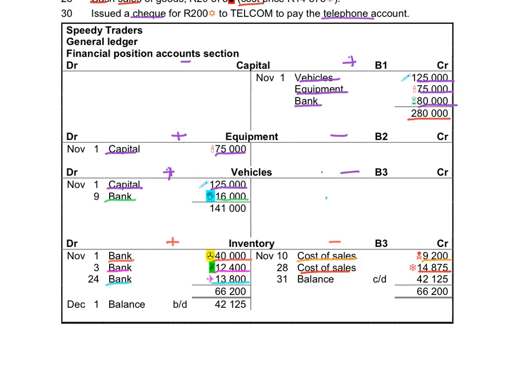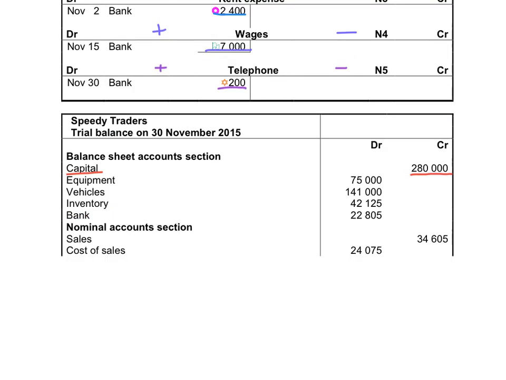Equipment only has one amount on the debit side, so that will automatically be our balance. Vehicles, there are two amounts, so we have to add them together to get the total amount for vehicles at the end of the month. Both these amounts for equipment and vehicles are on the debit side, so it will be recorded on the debit side of your trial balance. So in the trial balance, we will indicate that the balance in equipment is on the debit side, 75,000, and the balance for vehicles on the debit side is